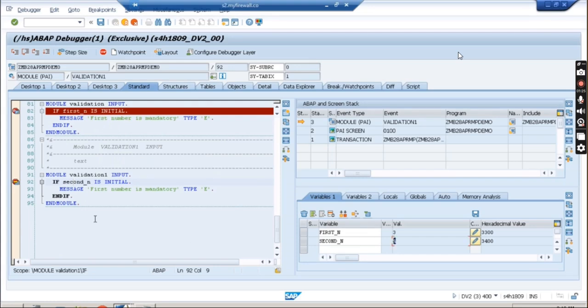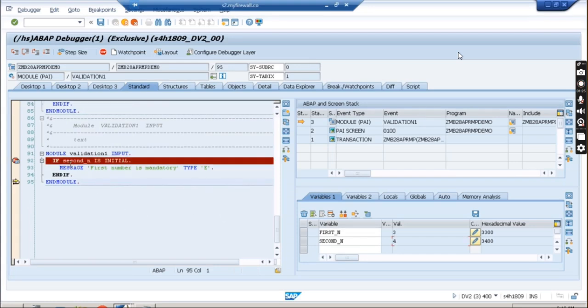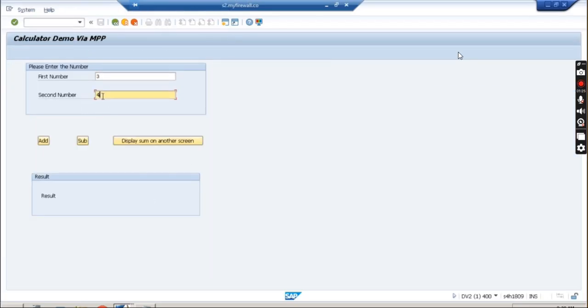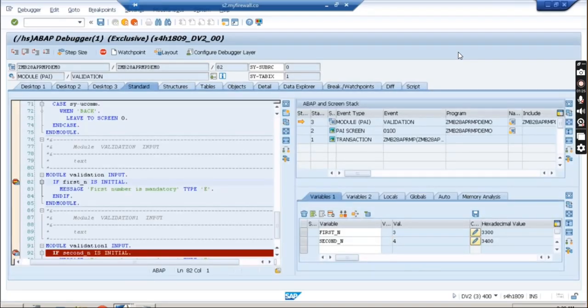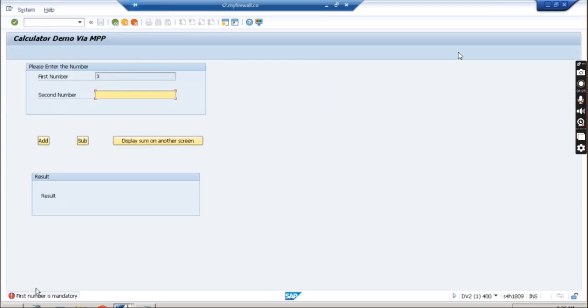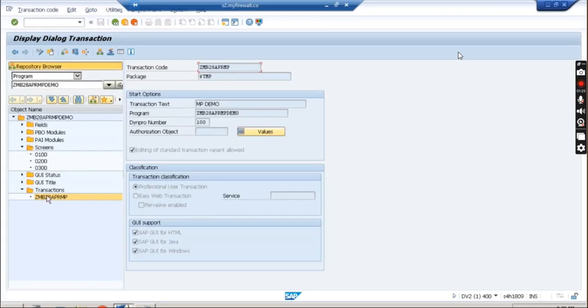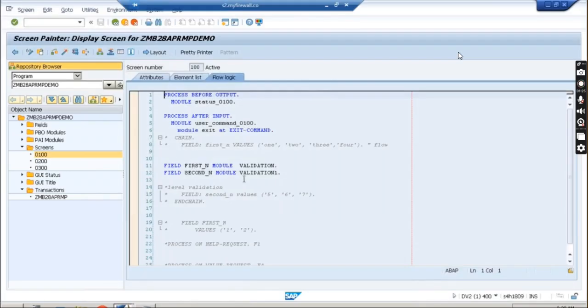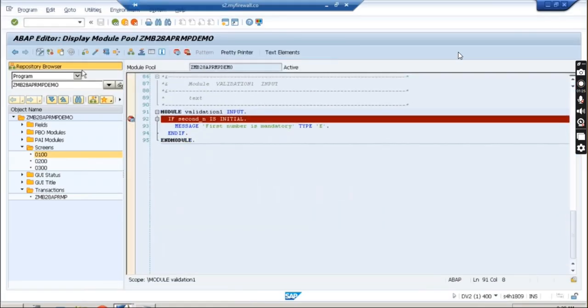Okay, press F5 and now the second field, second underscore n, the value is now coming 4, and you can see that this error will come when it is going to be blank. That's why the error is not coming. But if you give a blank value and press enter, it will give you the error that first number is mandatory. Okay, we will have to change the message, because I have used the same message, that's why it's giving the misleading message. So in order to remove that message, you can write over here